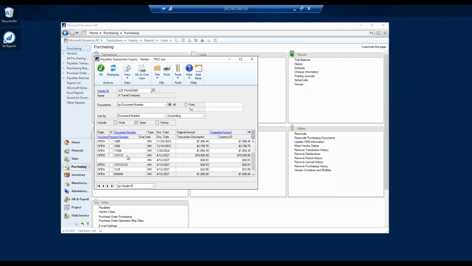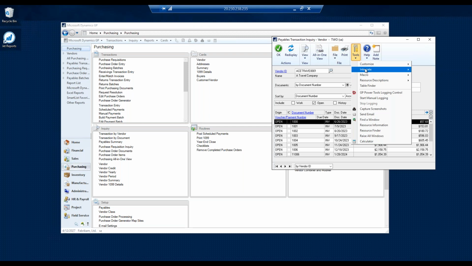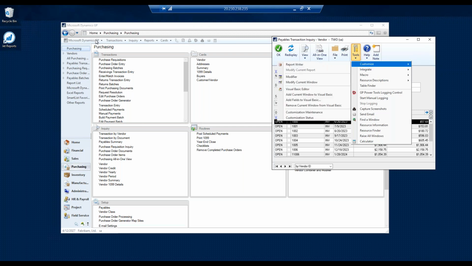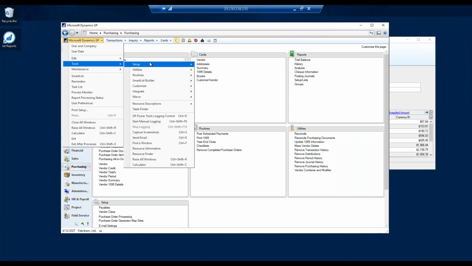I'm looking for these transactions. So I'm looking for the open transactions, unpaid accounts payable. They've been approved, they've been posted, but they have not yet been fully paid. And as a result, they are sitting inside a table. So we go, well, where are they? You can get them from tools here, underneath tools there, or you can go up to the top here and go to tools here. Underneath there,